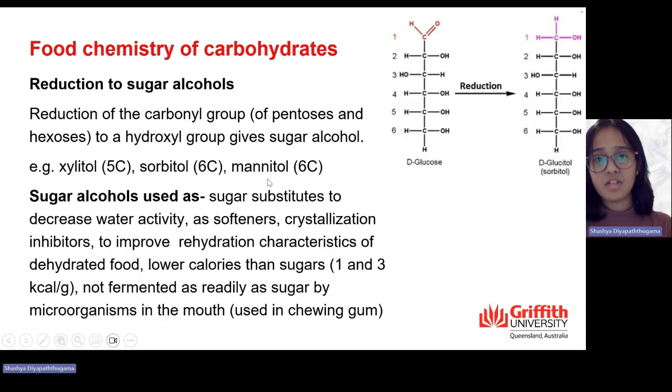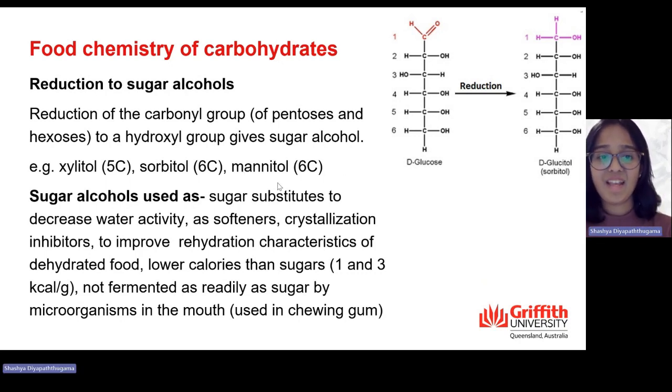Now let's talk about the food chemistry of carbohydrates. The first reaction is a reduction to sugar alcohols. As you can see in this diagram, it shows glucose, and this carbonyl group can undergo reduction and it forms different sugar alcohols, which are also known as polyols. So the examples of some sugar alcohols are xylitol, sorbitol, mannitol,